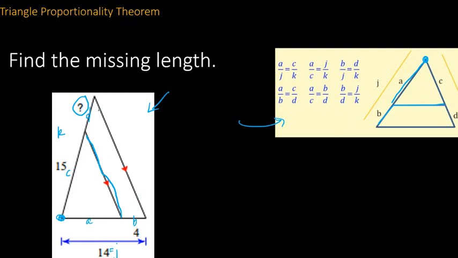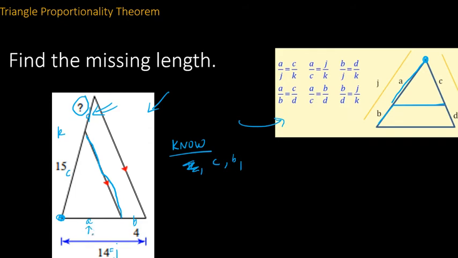I'm trying to figure out what D is, right? So I'm going to say, okay, which one of these contains the letters that I know stuff about and the one that I want to know stuff about? So I know the value of C, I know the value of B, and actually, I know the value of A